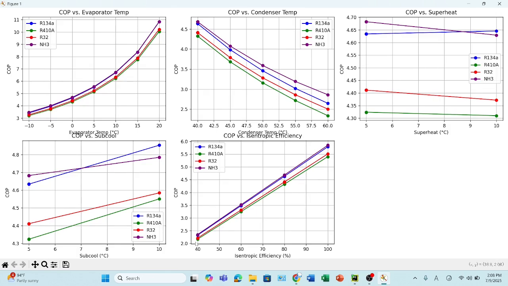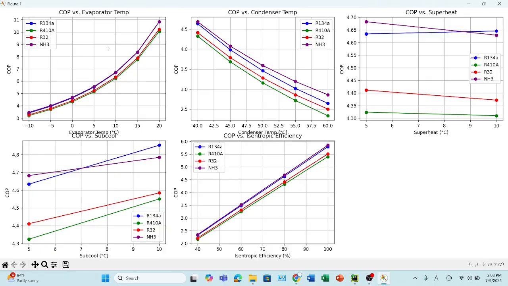As the efficiency increases the COP value increases, so it should be an increasing trend. Ammonia is also giving the highest COP values throughout the isentropic efficiency range. So this is what we want to see: how these different parameters affect the COP